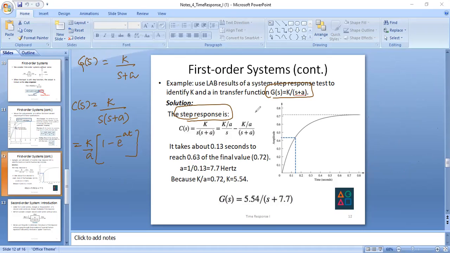So here you got this. Now you have to identify the value of K here and A here. You know that T is 1 by A, right? And T is your time constant. What is the definition of time constant? It is the time taken by the response to reach 0.63 of its final value. Now, if you see, this is suppose